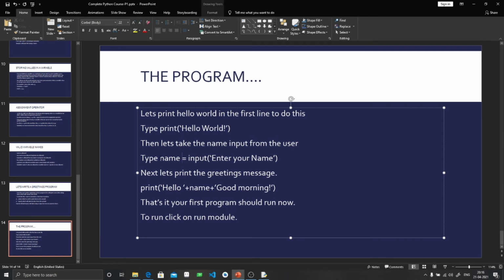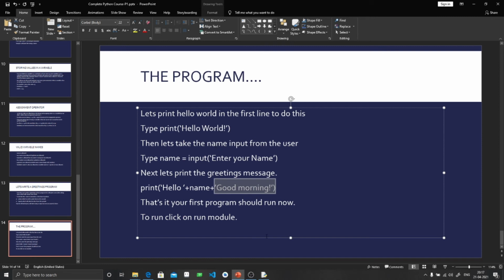So what we are doing is declaring a variable, or a container, you can say. The name of the container is name, and we are taking the value of the input and assigning it to the container name. The name container will store the person's name, and then it will print a hello message, insert the value that is stored here, and greet the person good morning. That is our first program.